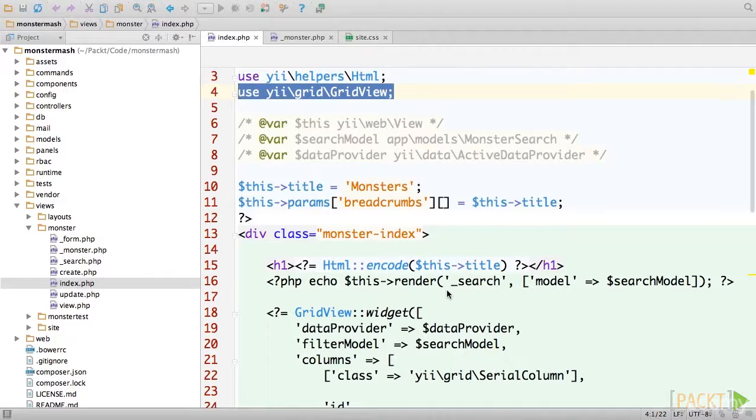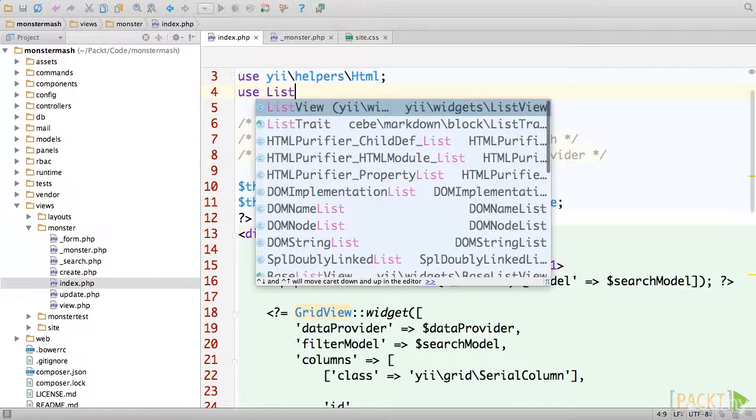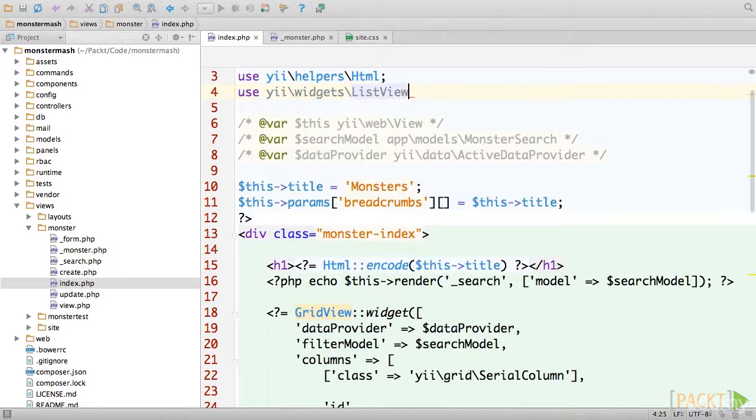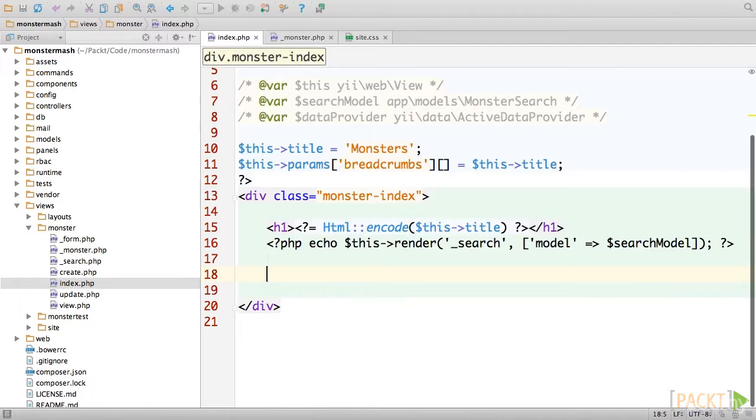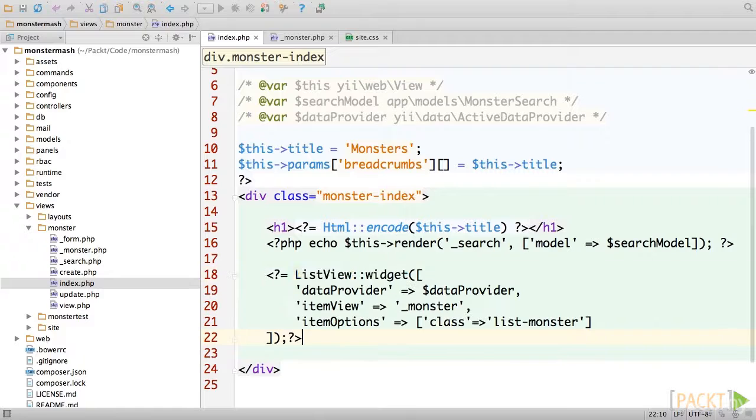The first step is to open Views, Monster, Index.php. We'll replace the use statement at the top and instead include the List View widget. Now, remove the Grid View code entirely and call the widget method of the List View class. This widget also has a data provider attribute. We'll provide it with the output of the monster search model's search method, which is an instance of the active